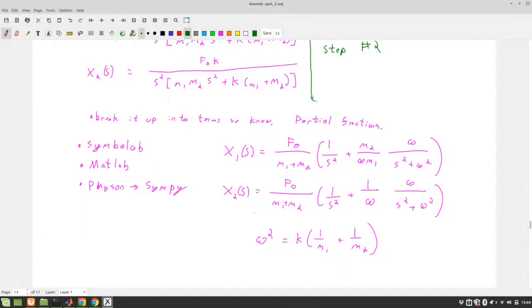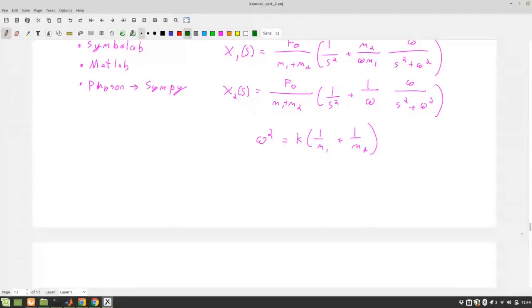So the inverse of that is going to be, let me write it here, x1 of t is equal to F naught over M1 plus M2,